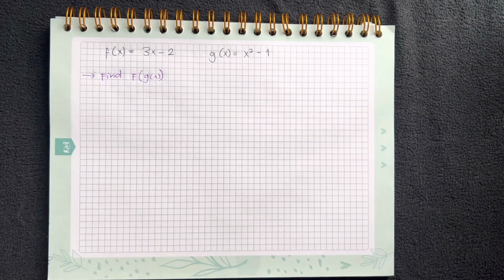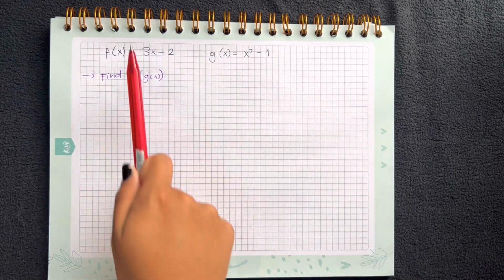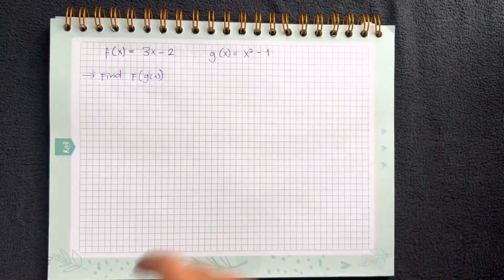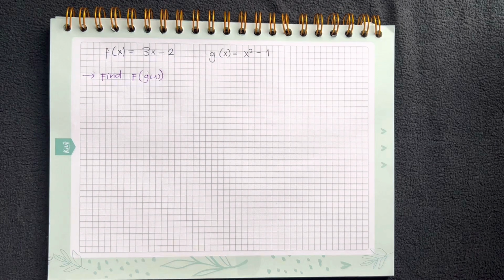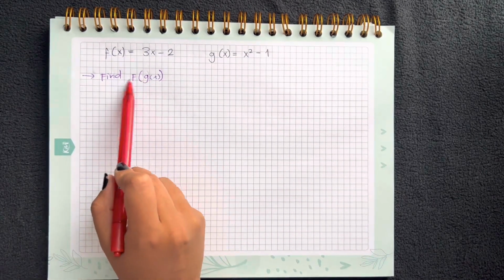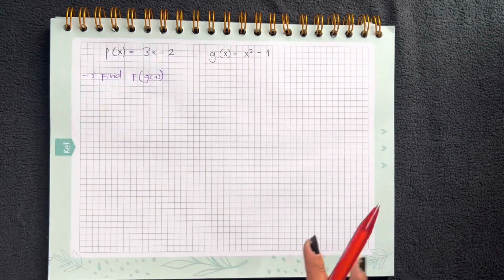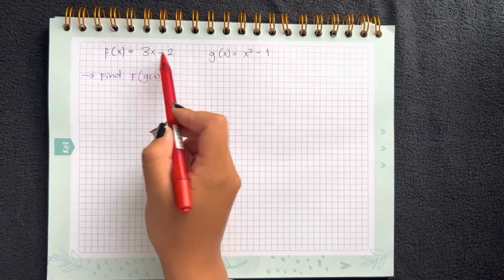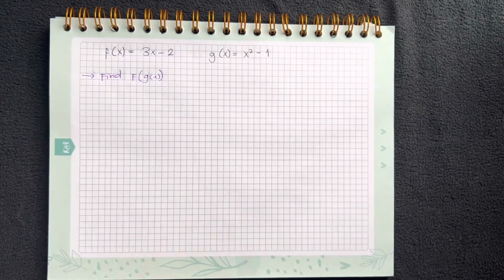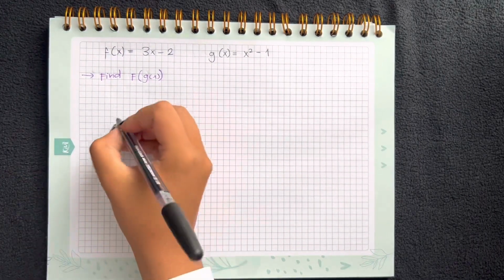In this problem, what we're going to do is put together these two formulas. So it's a composite function that is made of two functions. What we are going to do at the start is realize that they are asking for f of g, meaning that f is like our formula base, and in the x here we're going to put what the formula of g is. So in this case it is something like